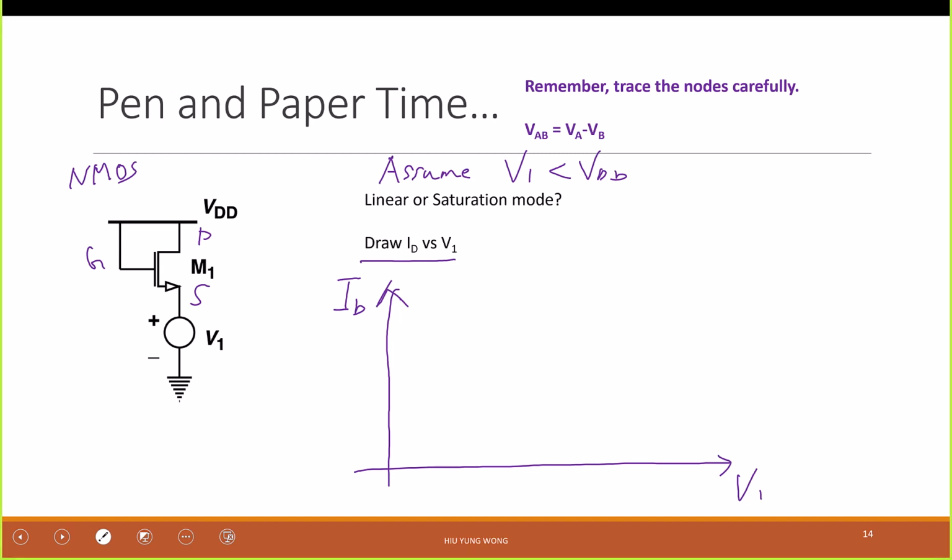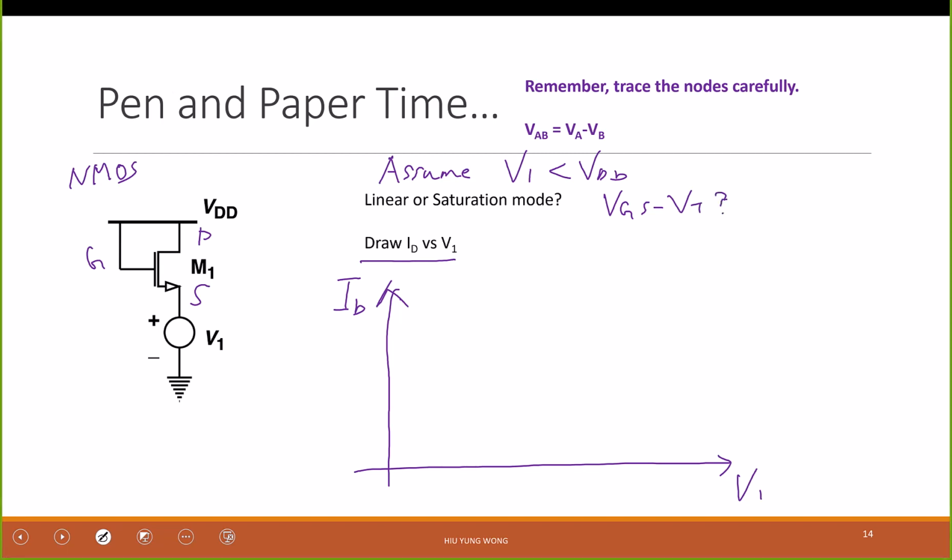Linear and saturation. Here, I'm fairly confident that when V1 is small, VDD is probably larger than 1, right? And the question is asking linear and saturated. But it could be that I gave you a wrong transistor with a very high VTH that is always off. You can argue that, but now this is class, not an exam. We don't need to argue on this. Linear or saturation: the first thing I need to do is check what VGS minus VT is compared to